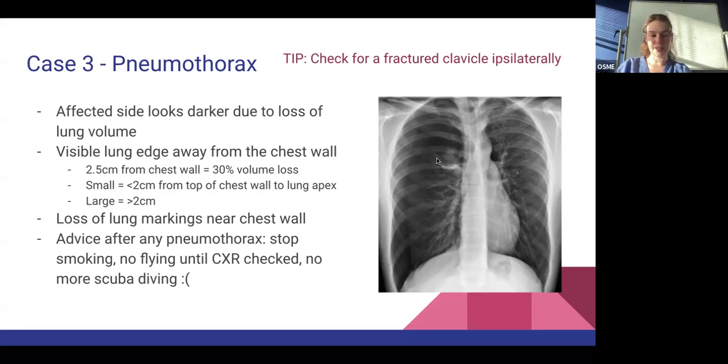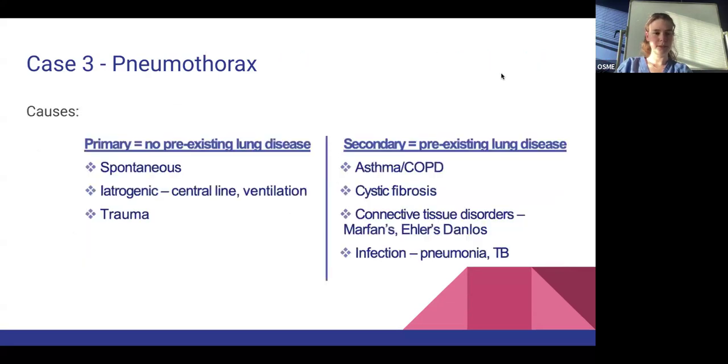After pneumothorax, advice to give the patient: no smoking, no flying until they've had their review chest x-ray after they've got better, and no more scuba diving. For some reason, in MCQ land, they're all very keen scuba divers, but they need to stop. Okay,